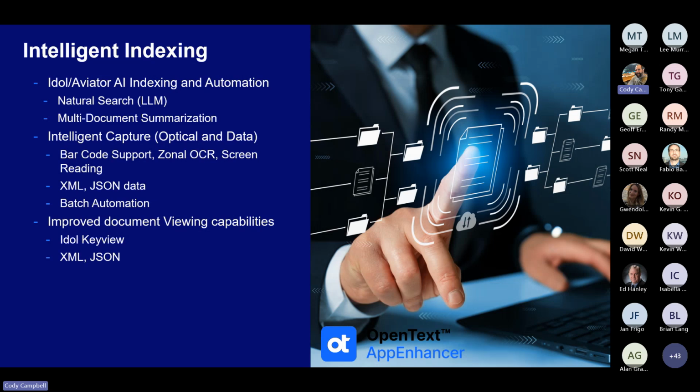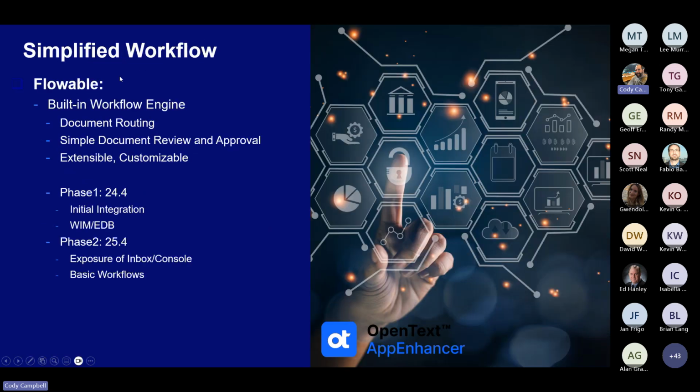But we're talking about taking multiple line items in the result set for AppEnhancer, for example, and then summarizing that, or somehow grouping it within a query and using the results of the query to get the content that's in that query, kind of like our ad hoc engine that we have today that doesn't need IDOL. That text that's behind the scenes is always there, and so when it's in IDOL, we can do more with it, and that's really the goal there around using the AI indexing tools within IDOL.